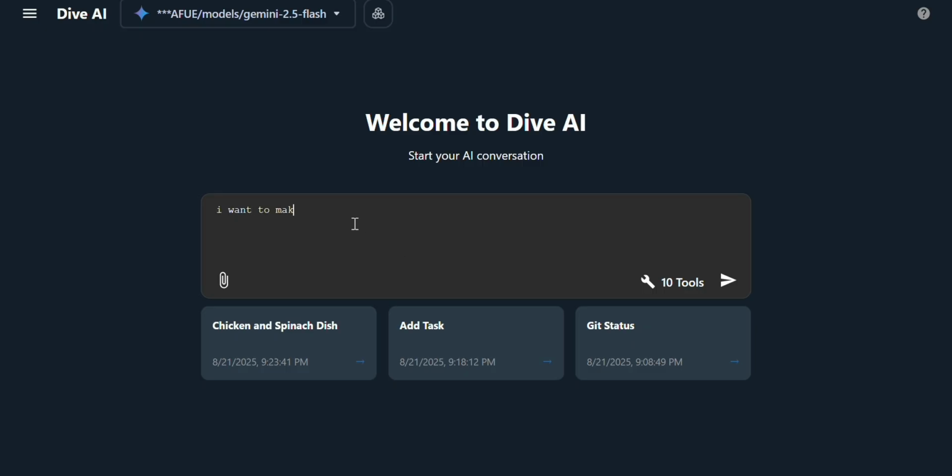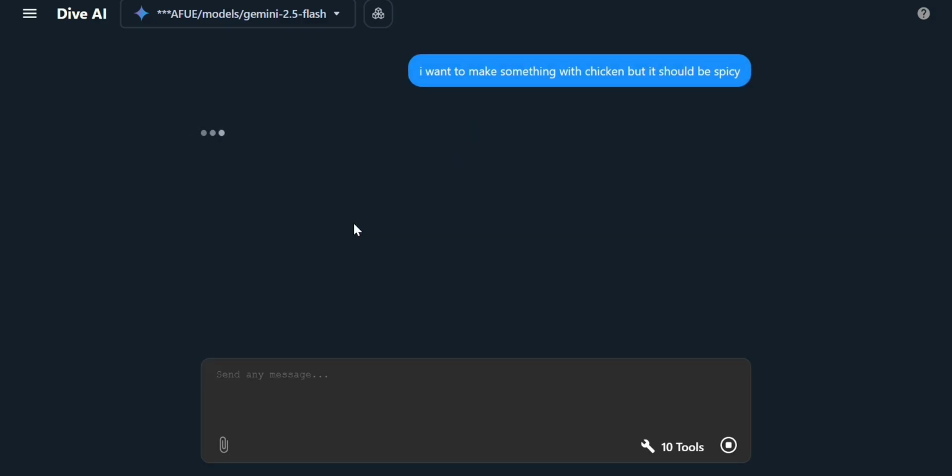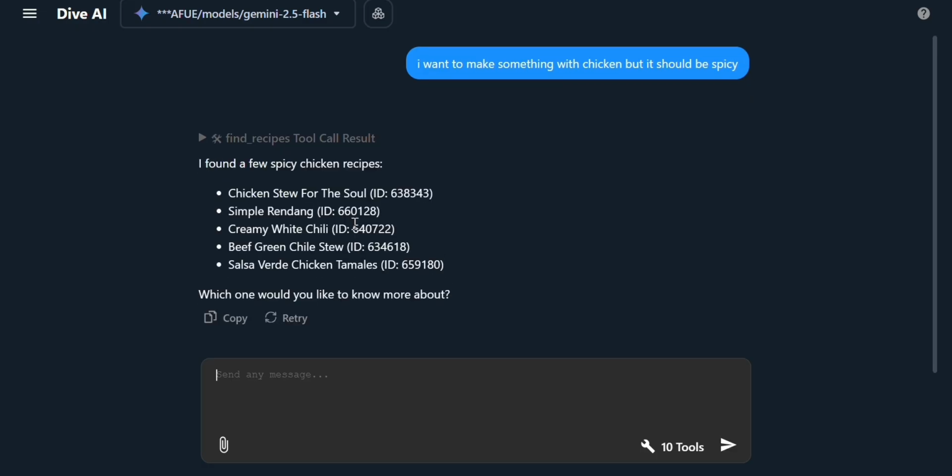I want to make something with chicken, but it should be spicy. Okay, so it found these recipes. Now let's imagine that I want to make this creamy white chili